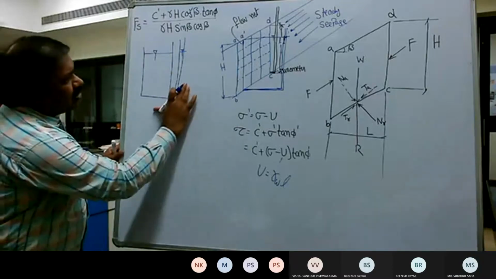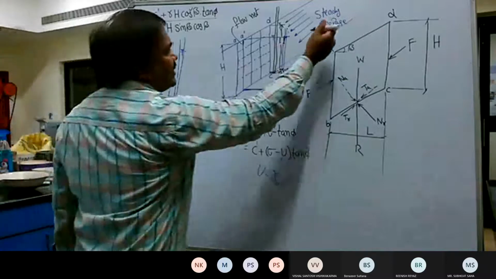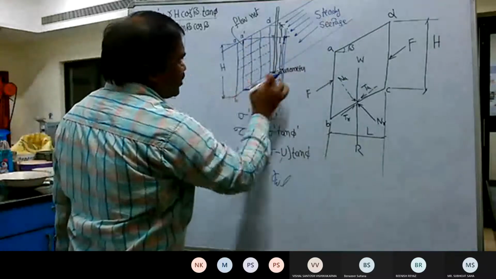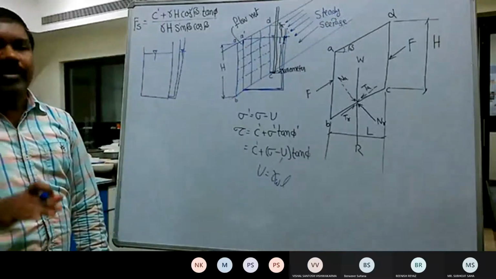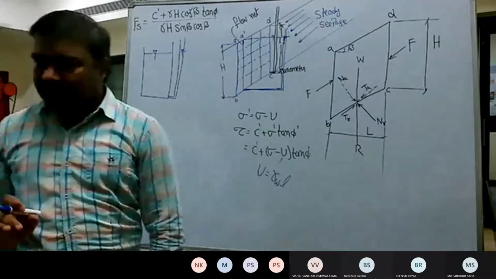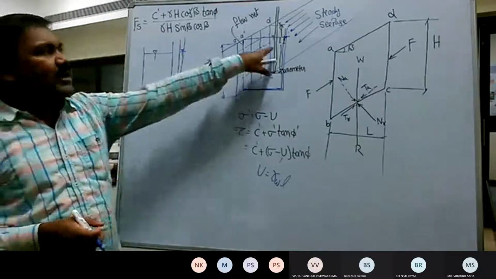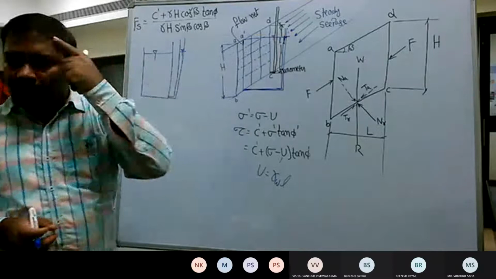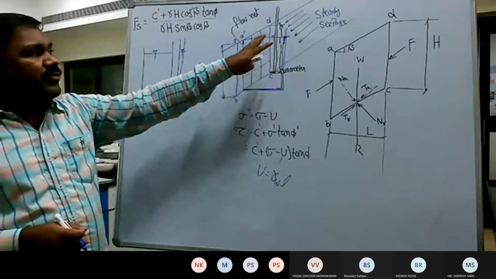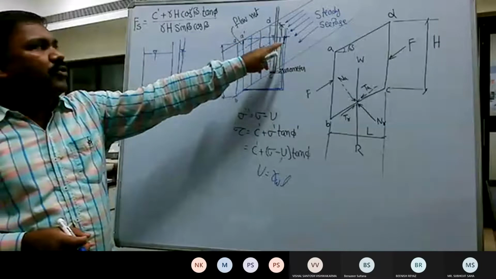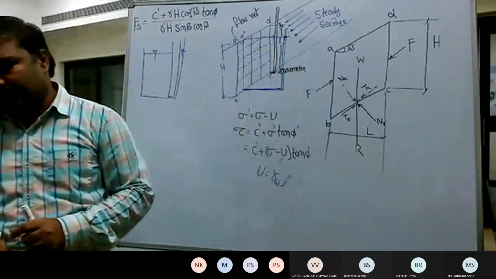Now the same analogy is valid here also. When there is a steady seepage, this entire soil is already filled with the water. However, it is in the flowing direction. And as Benazir Sultana said, depending upon the velocity, or if it is a fixed flow, then the L becomes constant. If there are no other constraints, the L is fixed.